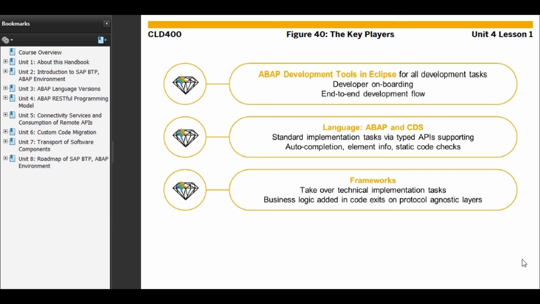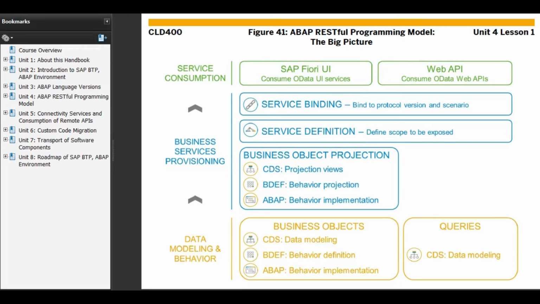And then we have got the framework. So we have taken over the technical implementation tasks, business logic added in the code exists, can be either CDS data modeling, the behavior definition, or ABAP behavior implementation. These all are the part of business objects. Then we have the queries, CDS data modeling. CDS data modeling is just for query. So what is a query? A query is something which can show you the data. Okay, so just run that query and you display the data, right? So that's something. Business objects are something which we actually develop. So we develop CDS, we develop behavior definition, we develop behavior implementation as well. We look at the behavior definition and behavior implementation